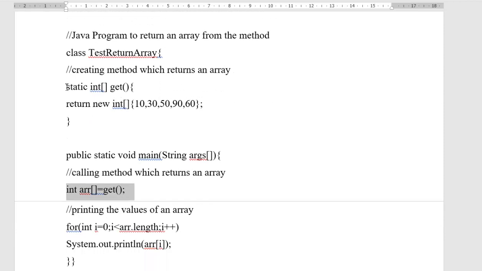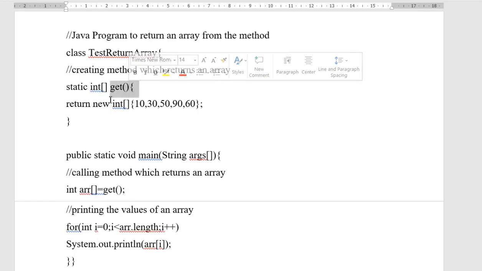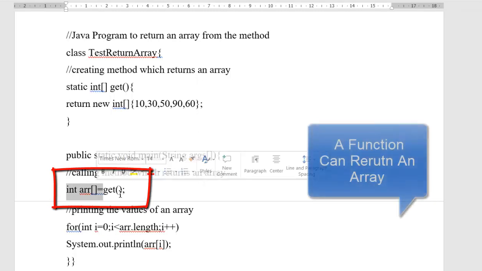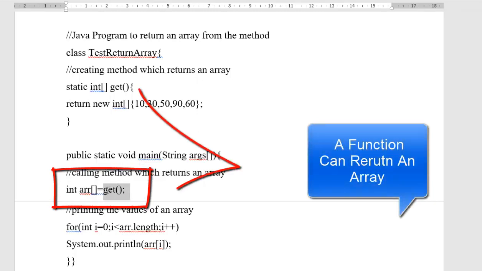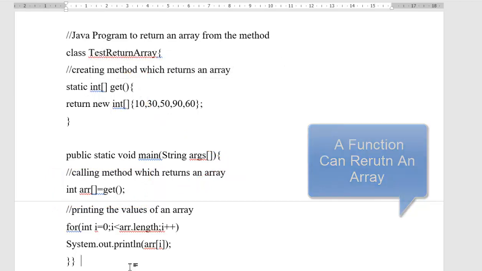There is a method called static int with square brackets, the method name is get, and it returns some values, new int square bracket. And here we call int array equal to get. Get means this is a method which returns an integer array. This list of values is stored here and you can print it.